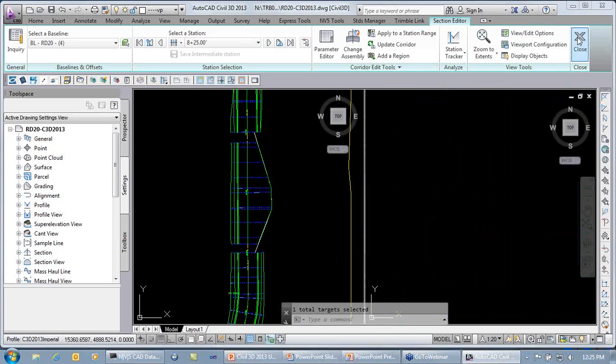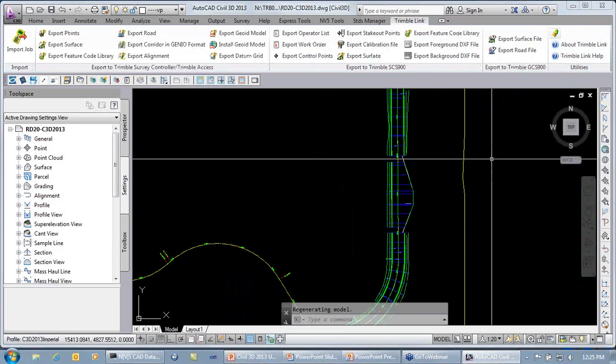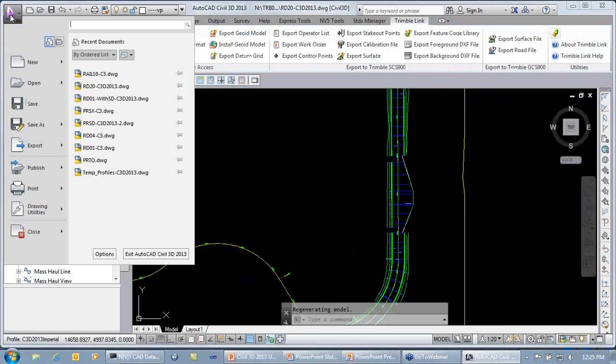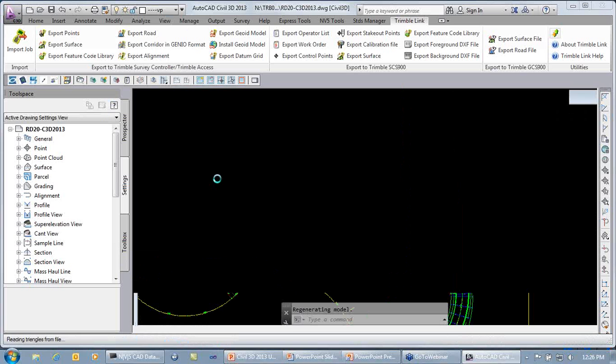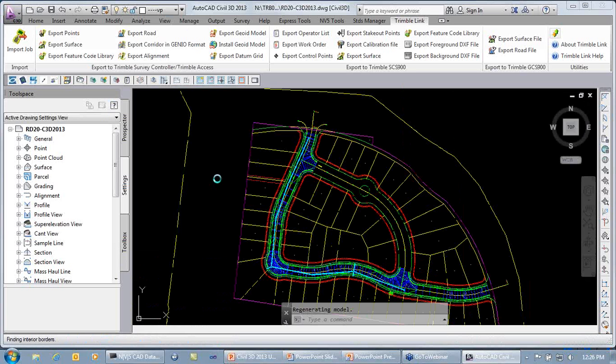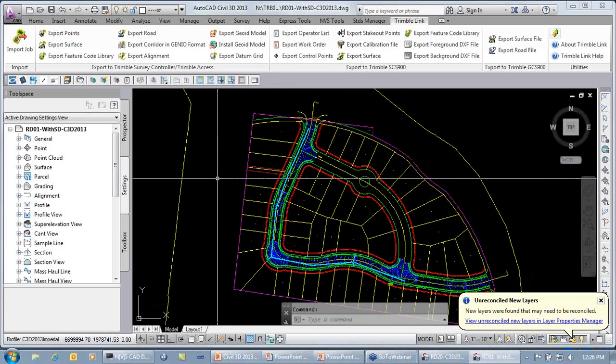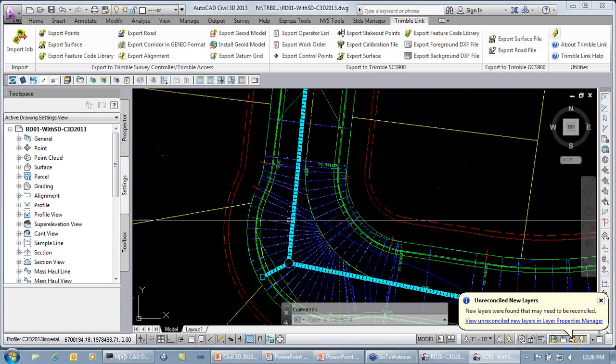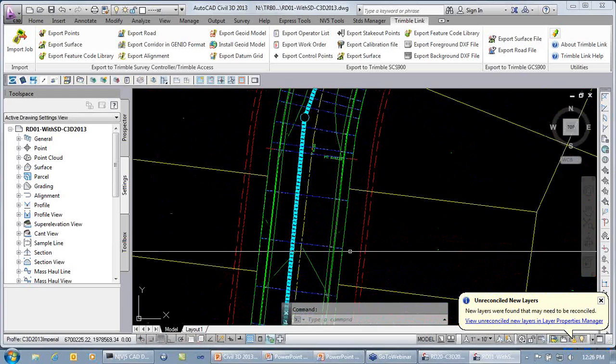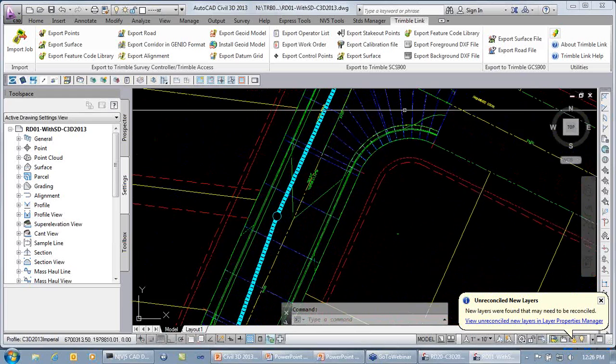Last thing I want to look at for the section editor has to do with displaying Civil 3D objects, and I've got a little bit better drawing here. It has a little bit more information in it. All right, so I've got this model here. This is a roadway alignment with a corridor, and I also have all the adjacent parcel model built, and if we zoom in here, we'll see that there is a pipe network here,